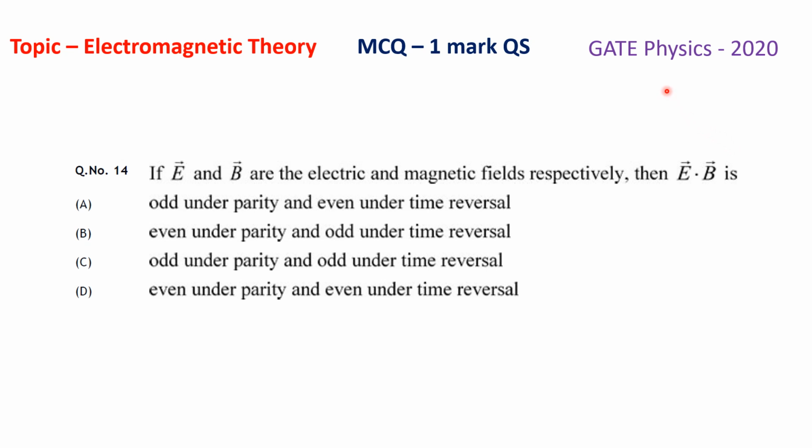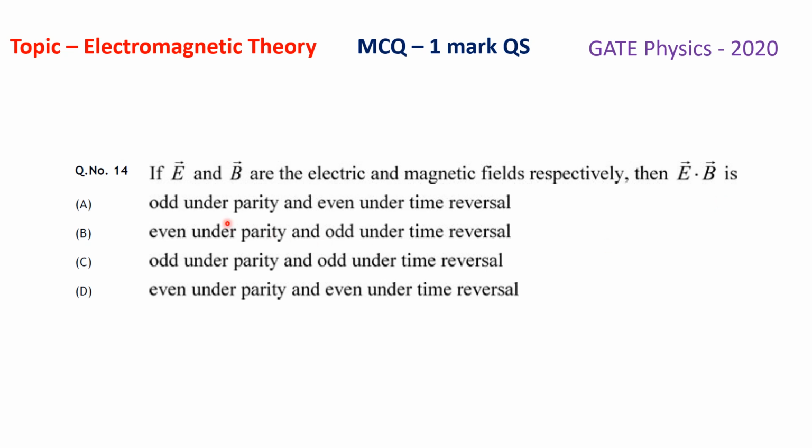This question was asked in the GATE Physics paper 2020. This is an MCQ type question having 1 mark, and the topic of the question is electromagnetic theory. The question is, if E vector and B vector are the electric and magnetic fields respectively, then E dot B